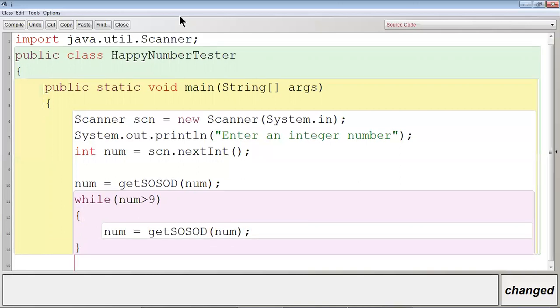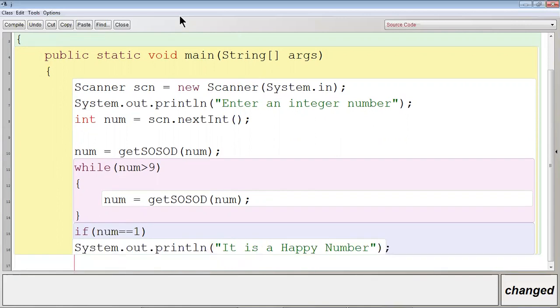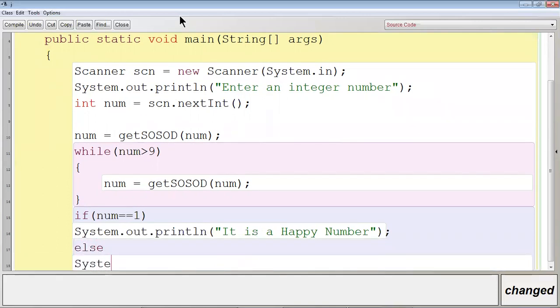After the while loop, just check if num is equal to 1, I will display System.out.println("It is a happy number"). Else System.out.println("It is not a happy number").